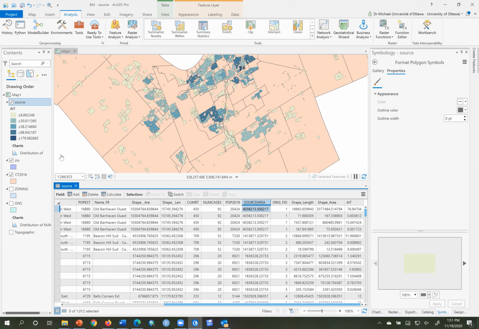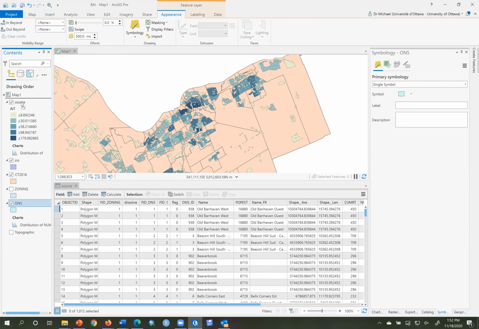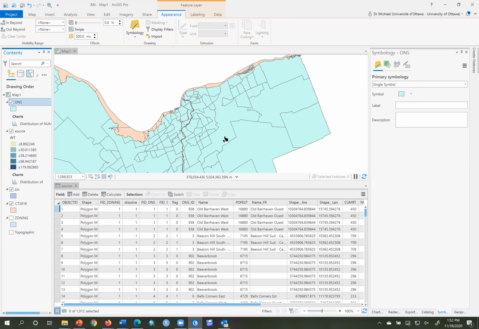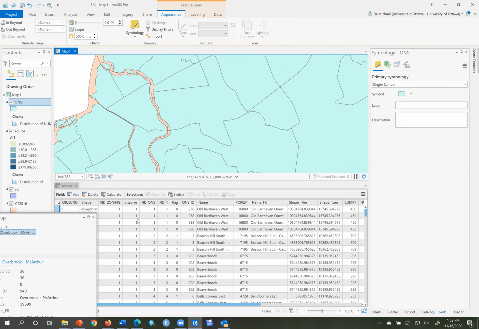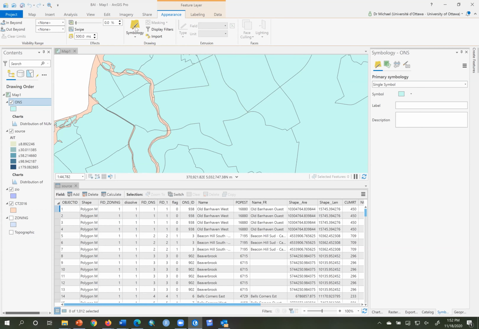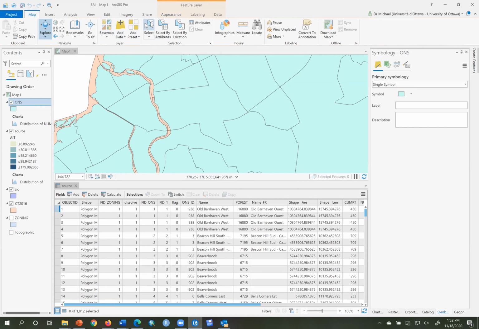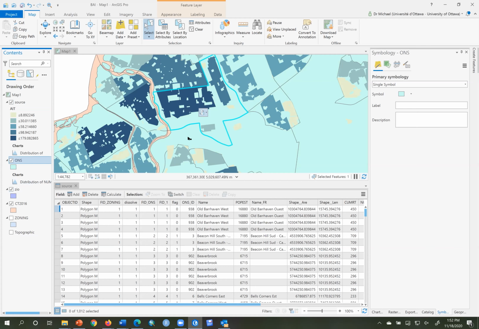So for example, going back up to Overbrook MacArthur, just turn on the ONS. I'm just using that to get to Overbrook MacArthur. That's the one we were using as an example of where I'm showing you the three parts of the polygon that were in there. That's that one there. Yeah, Overbrook MacArthur. It's that region. Select it. So you can see the outline. I'll bring that underneath source. So now we can see in that outline,